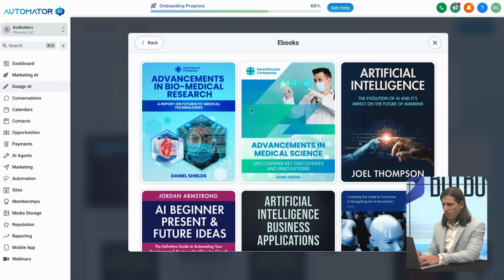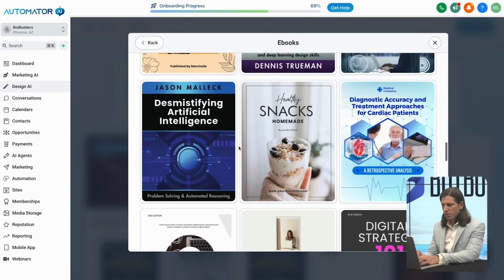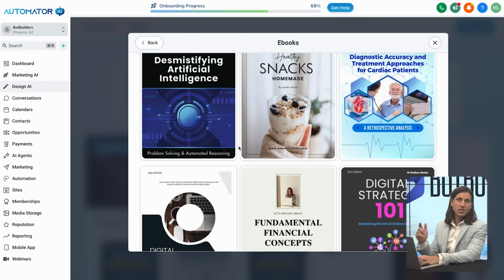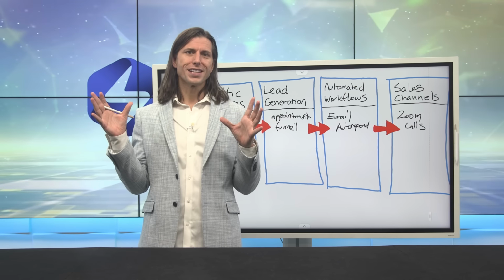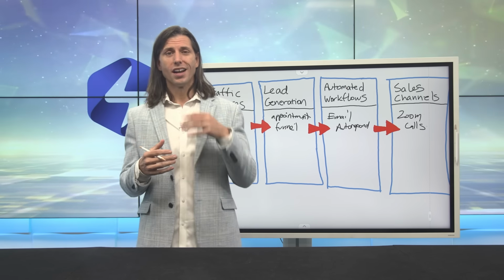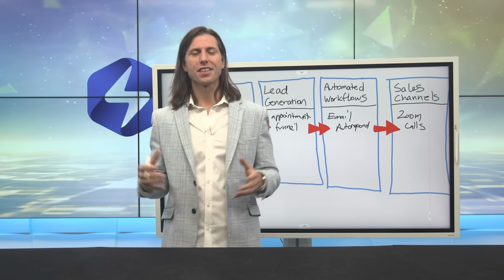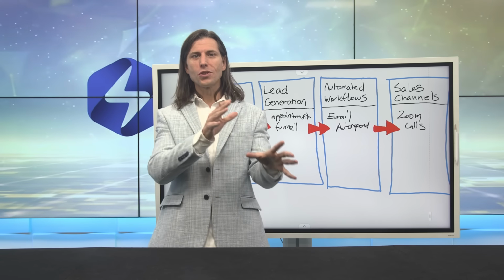So much cool stuff that you can do with this thing. All right, but I just wanted to show you that when it comes to building, a lot of time can be saved. So the bottom line to all this is you can use AI to build so much faster than you would alone, especially when you've got a really cool tool like Automator AI that puts it all together to help you do it. So that brings us to number 2.